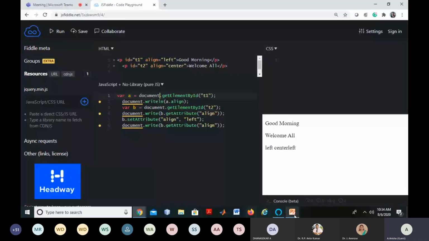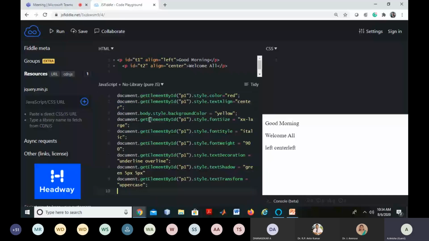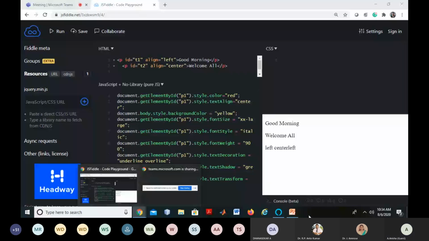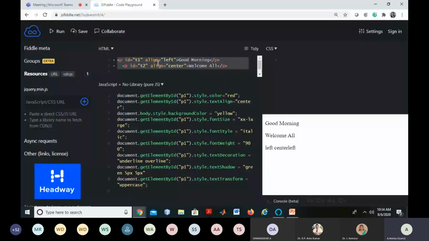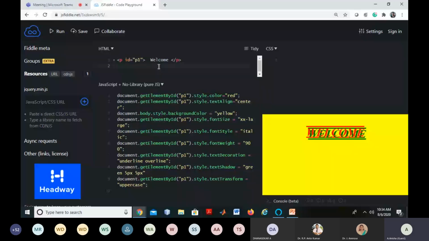Copy the script code and place it under the script part. Copy the HTML code, place it in the HTML part, and this is your output. Right? The foreground color is changed to red, and text alignment is center, and the background color of